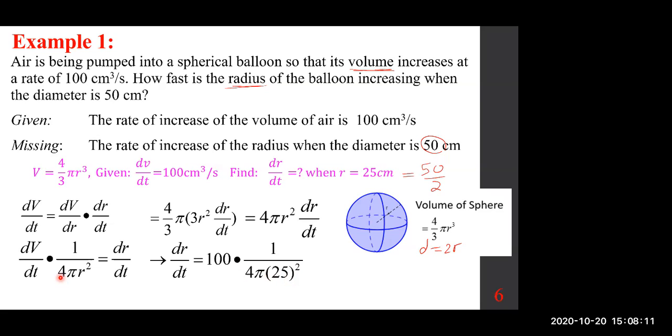If you were to write the units for this one is cubic centimeters per second, and for this one is 25, and it's being squared, 25 squared, okay? Now you can simplify this and you get 1/25 pi, because 100 is the same as 4 times 25. You can simplify it. I hope you see the simplification. In other words, you can say 100 will drop 4 times 25. You get 1/25, and cubic centimeters per second